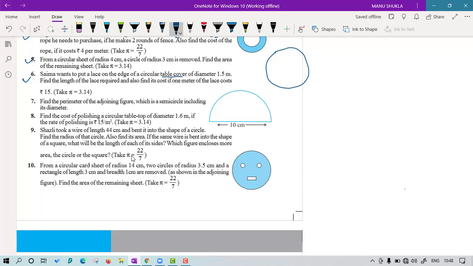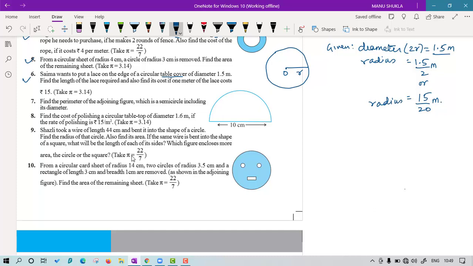Let me take the center of the table cover as O and the radius as R. The diameter of this is given to you as 1.5. So let me write what is given to me. Given is diameter, which is actually 2 into R, equal to 1.5 meter. So what is the radius class? Very simple. R equals this thing upon 2, 1.5 upon 2 meters. Or let me remove the decimal, 15 upon 20 meters. Okay, if you want you can solve it further also. You can make it 5 3 is 15, 5 4 is 20. It's your choice, or you can leave it like this also. So this is the radius that we know.